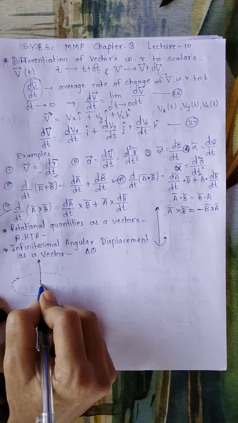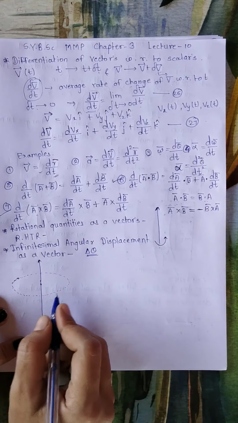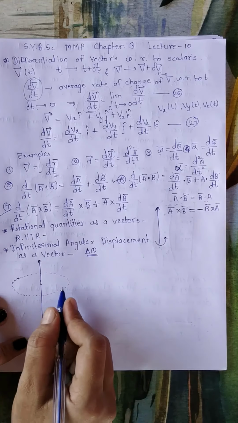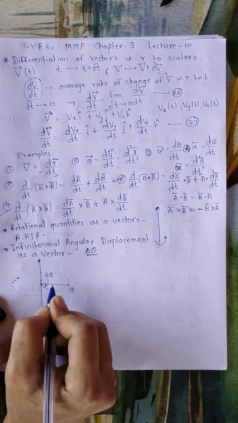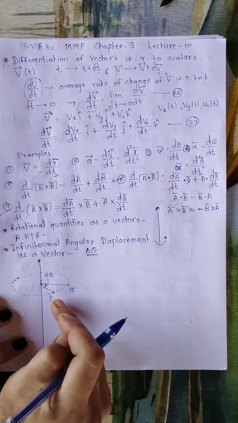So here let's say this is the center. Now a particle is rotated through an infinitesimal angle which is delta theta, for the displacement from P to point Q. Suppose I am considering my point P here and Q here. So this is point P and this is Q, and the displacement of the particle is now angular displacement. It is given by an infinitesimal angle, which is nothing but delta theta. Then this delta theta is represented along the axis of rotation as we are showing.